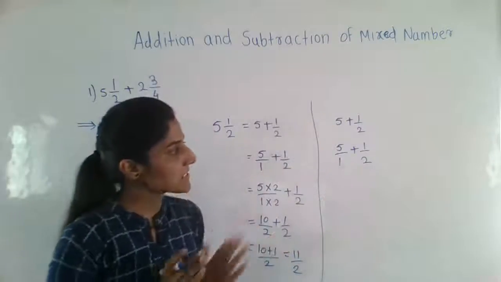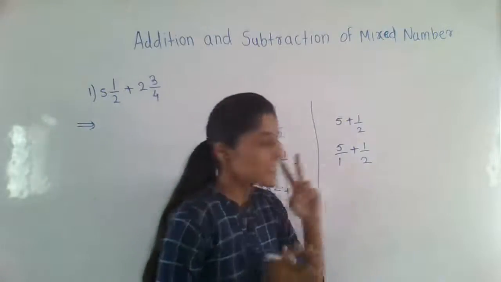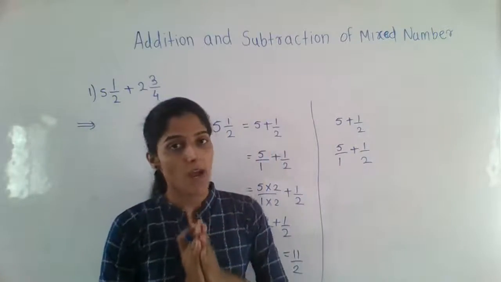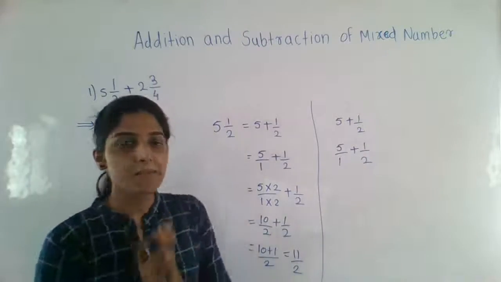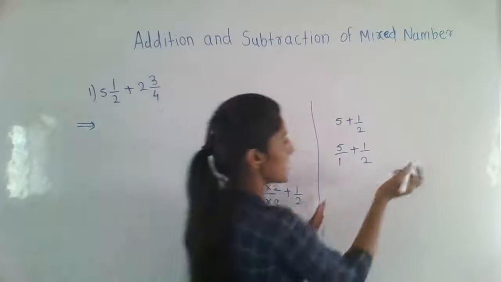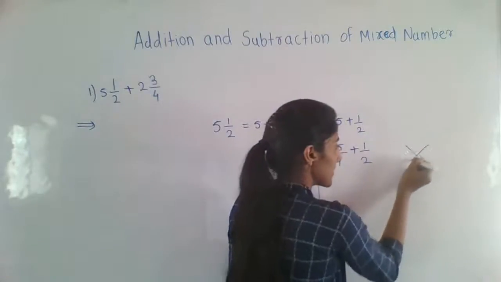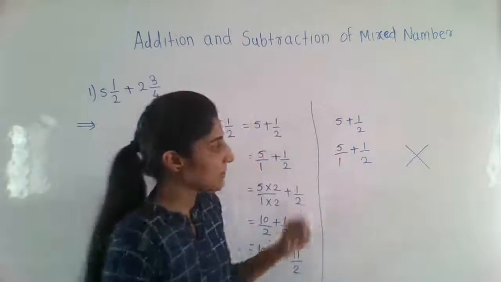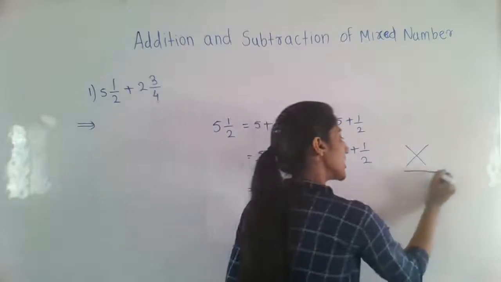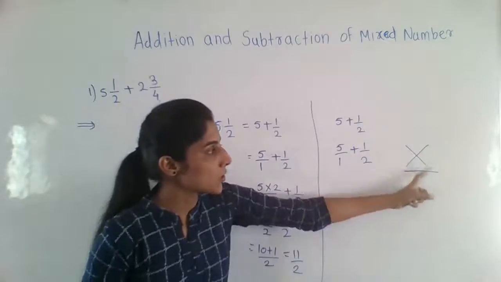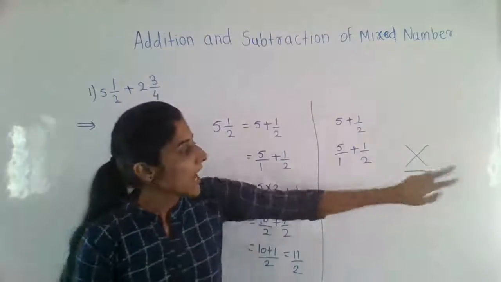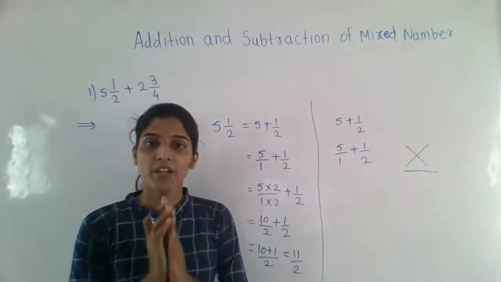Now you can see here the denominators are different, but we have to add these numbers. Now how can we add these numbers? There is a simple procedure, that is cross multiply the numbers and multiply the denominators. Remember this sign, that is the cross multiplication and multiplication of denominators.